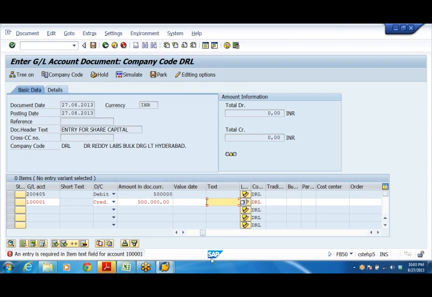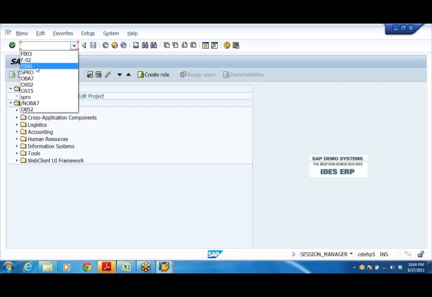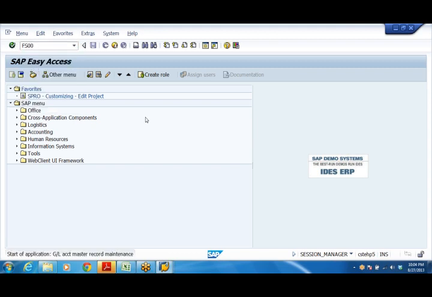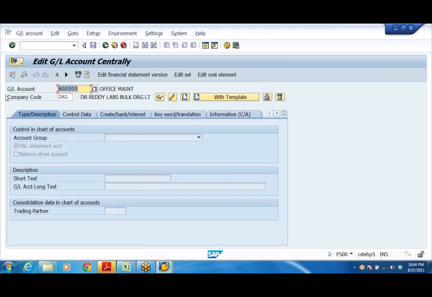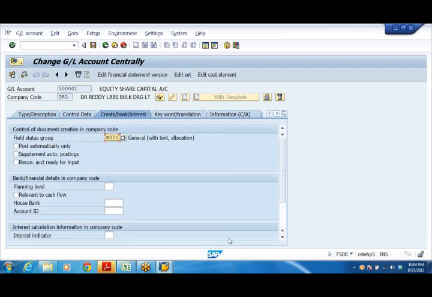You remember? In FS00, for the equity share capital account 101, we have given field status group G001.